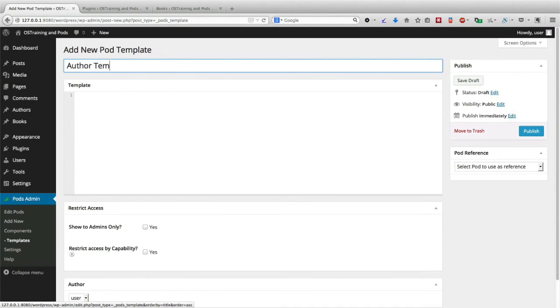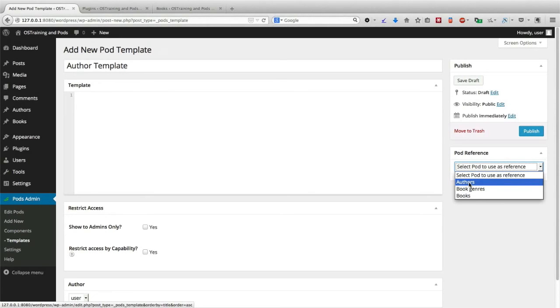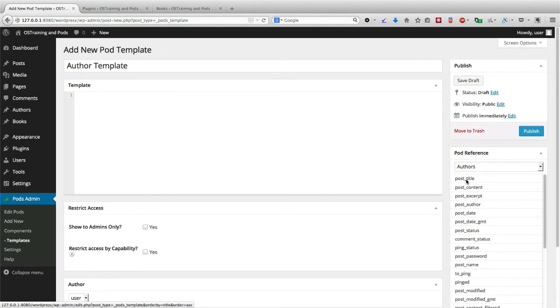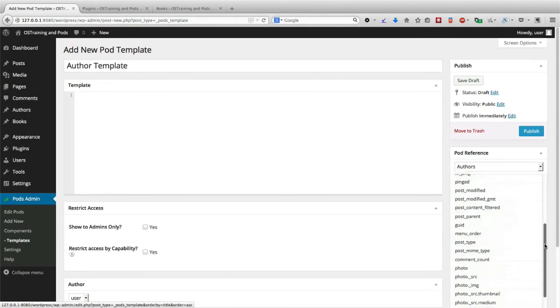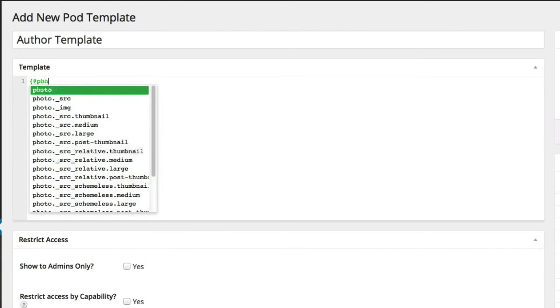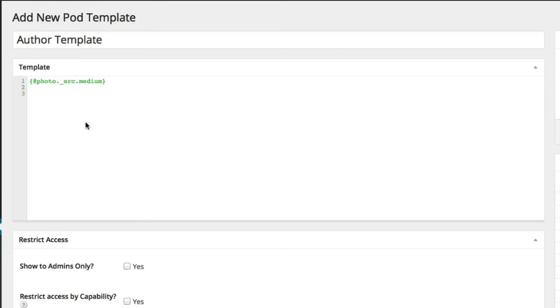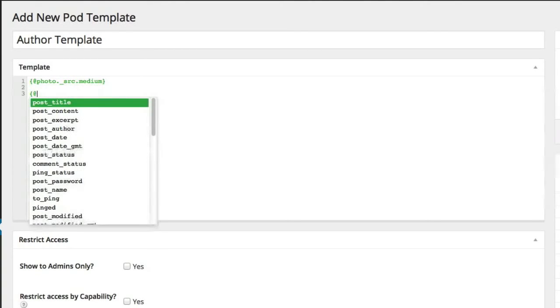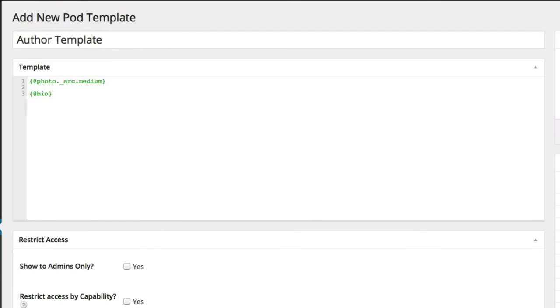Author template. And on the right hand side, I'm going to select the pod to use as a reference, Authors. There we go. Title, content, and then the photo and the other information available on the right hand side. Okay, there's the photo. Maybe this time I'll choose the medium size option. Okay, there's the bio, and I'll wrap that